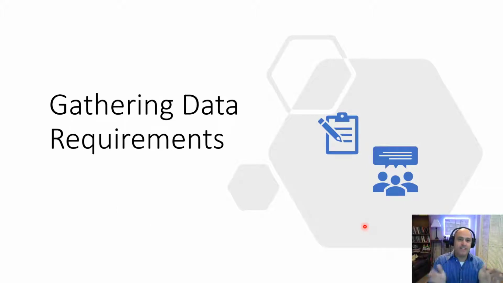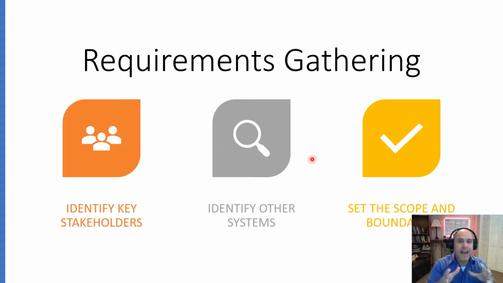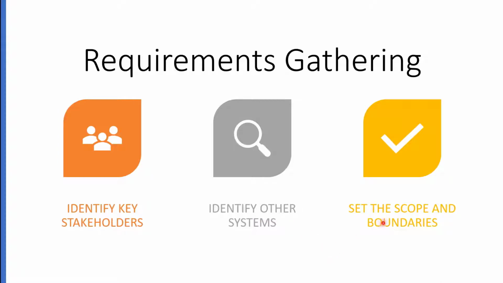All right, next, it's time to talk how we gather data requirements. So there's three facets to requirements gathering. One is identifying key stakeholders. The other is identifying the dependent systems. And the third is using the information from the key stakeholders and the information about those dependent systems to identify